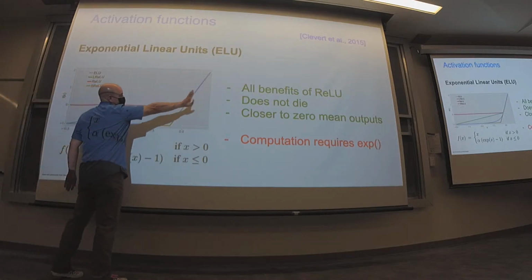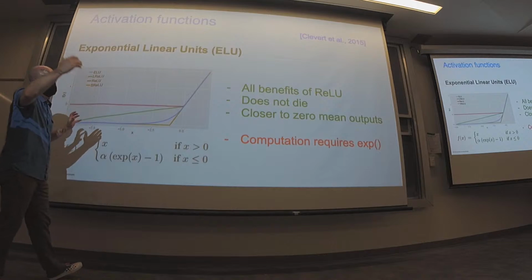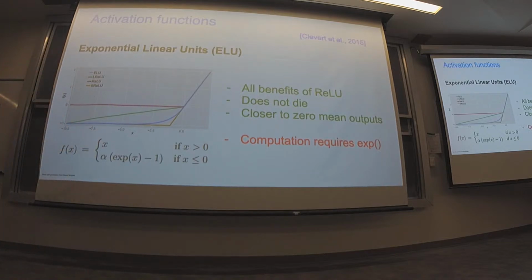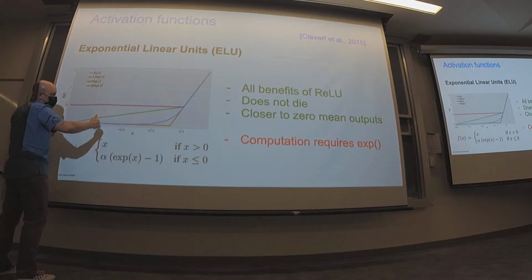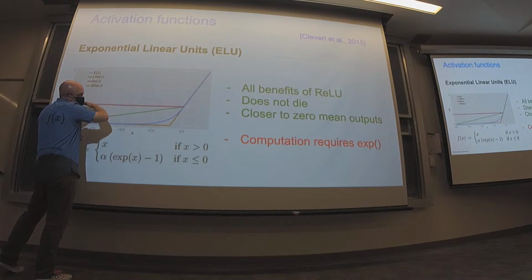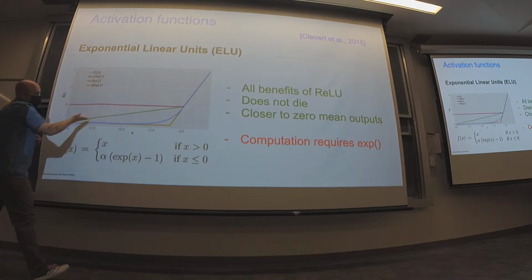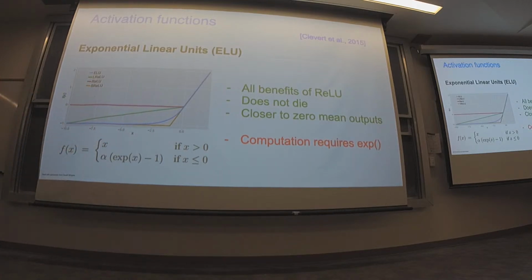Again, you just have identity when the values are positive, so you're going to have this nice linear response in this nice range of the output. But when the values are negative, instead of having those be 0 or having negative slopes, you have an exponential